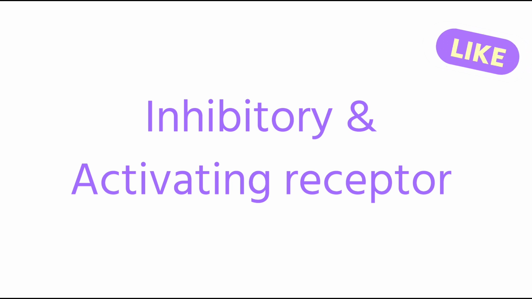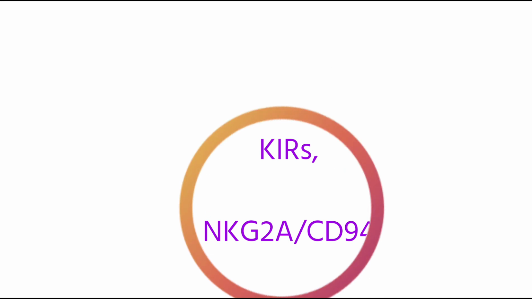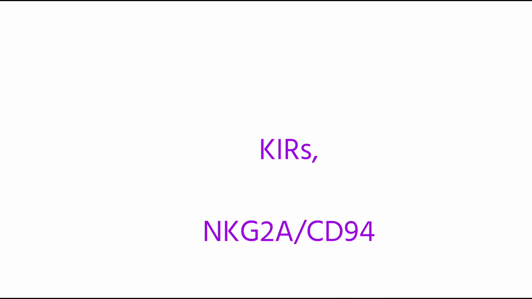Now let's learn about the inhibitory receptors. They are inhibitory and recognize the MHC class 1 molecule. They contain ITIM motifs. Examples are CD94, KIRs and NKG2A. Then activating receptors recognize